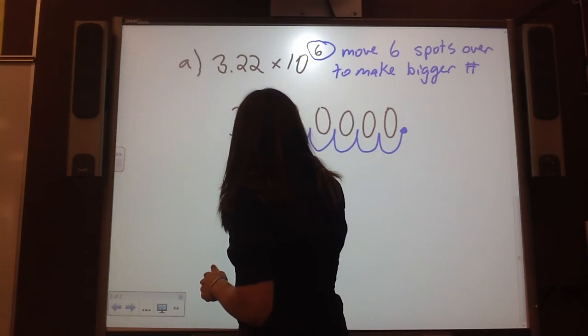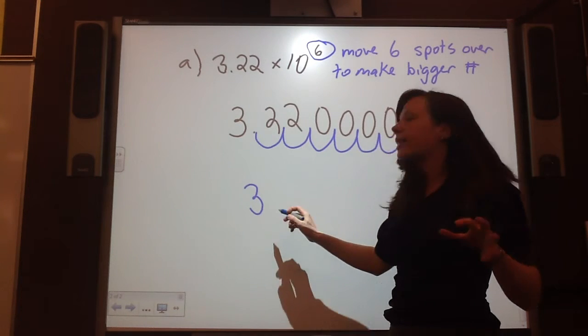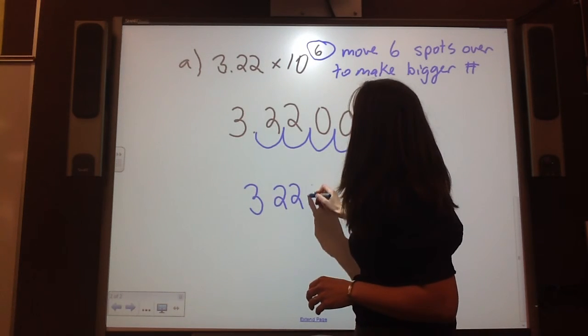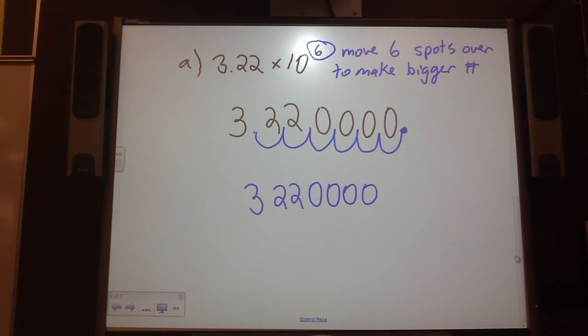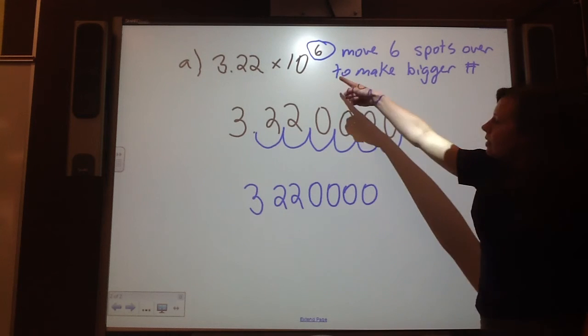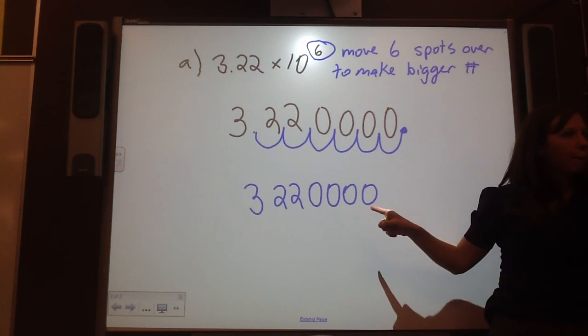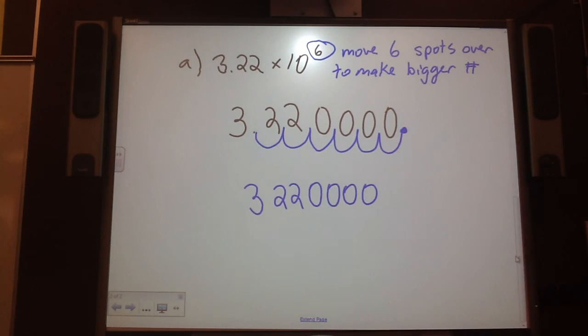Okay. So then you can rewrite this number as 3,221,234. Okay? This and this mean the exact same thing. Do you see that? They mean the same thing. It would be like